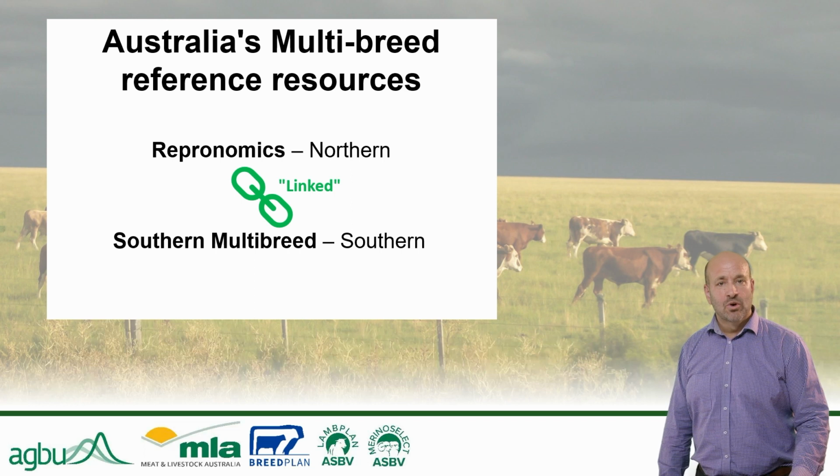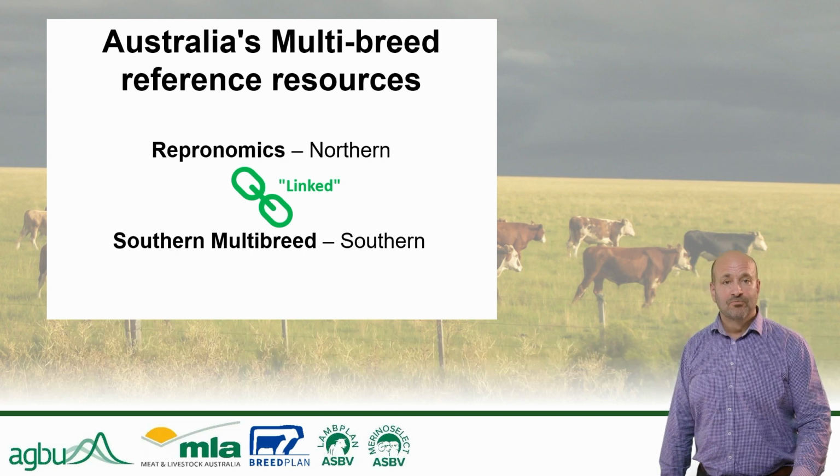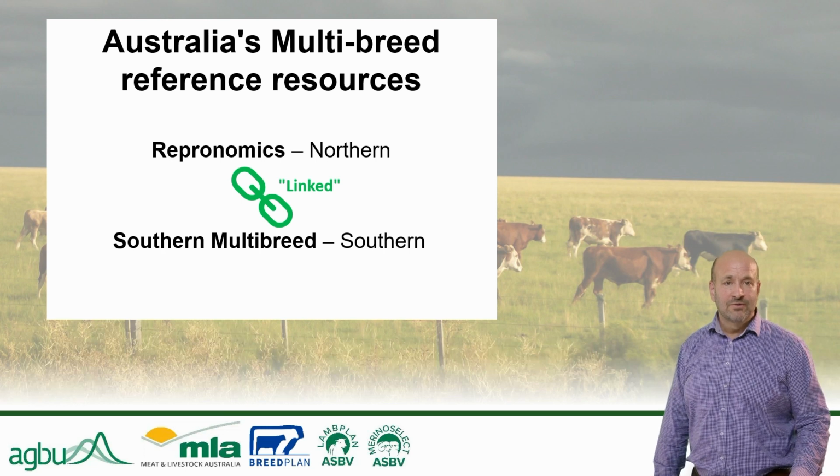The AGBU team is working at combining the Brahman, Santa Gertrudis, and Droughtmaster datasets together now in one multi-breed evaluation. For this to work, it relies on the links between the breeds that the Repronomics project provides. We expect to present these results on a research basis in 2024. With data from the Southern Multibreed project now rolling in, we expect to be testing the inclusion of this data